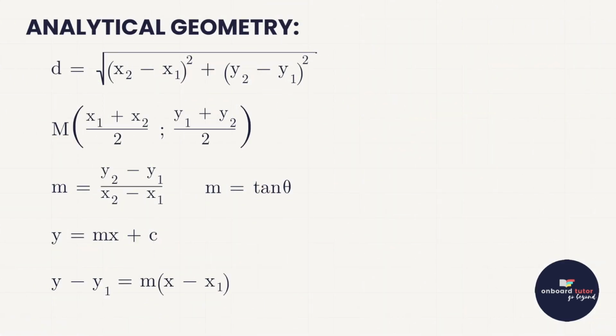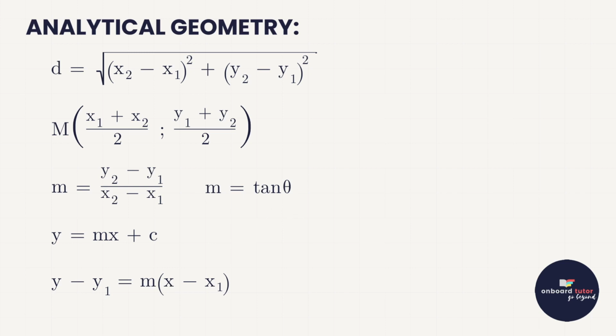In our last video, we had a look at analytical geometry, the whole overview. These are all the formulas that are usually given to us on the formula sheet, and they will definitely be there at the end of your matric exam. So we saw the distance formula, the midpoints, the gradients, and then the equations of the straight line, two different formats. And then we said there's this new one, m is equal to tan theta, and that is the angle